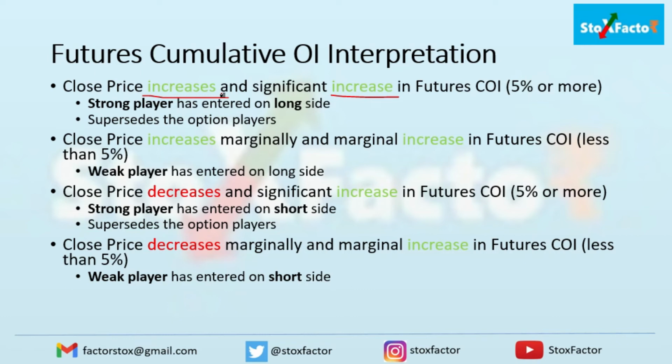Okay, so whenever you see the day where a strong player has entered, it means that the player will take the prices higher, even higher, right? There can be one player in a particular stock, or there can be a consortium of 3-4 players together in a particular stock to move the price.